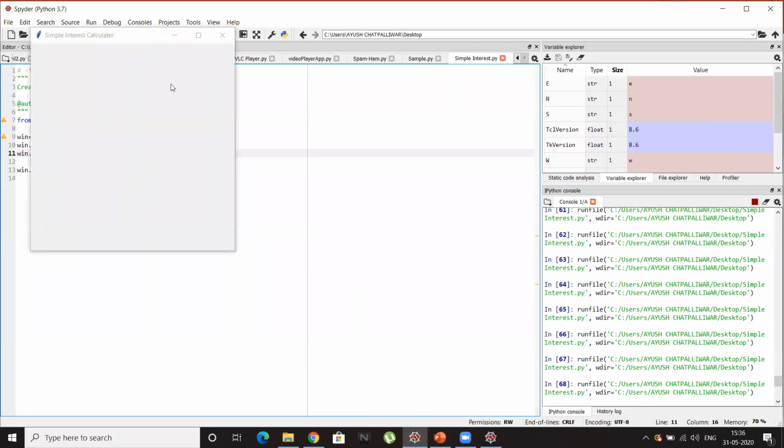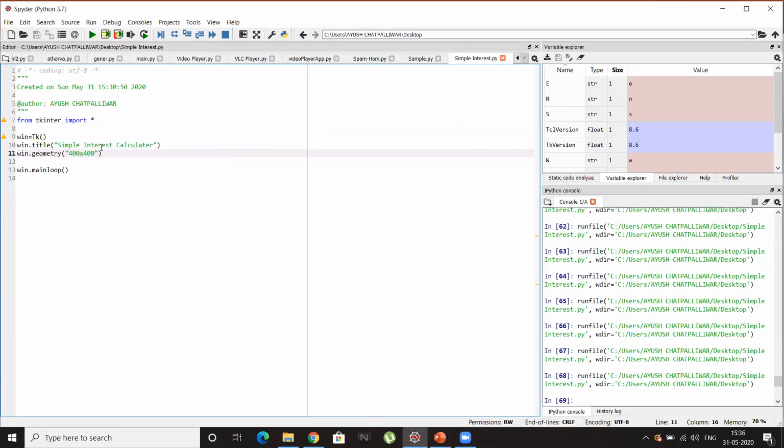So have you observed one thing, guys, that the location of this window is not stable? Sometimes it was here, then here, then here, then here. So I want this window to be at the center of my screen. So to fix its location by default, I'll give two more attributes, plus x and y coordinates.